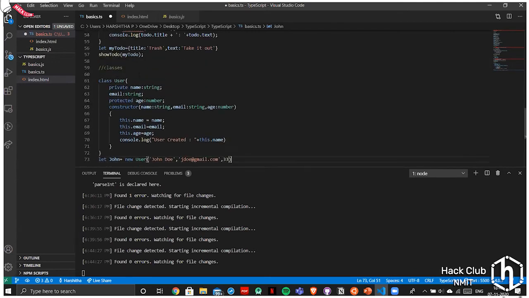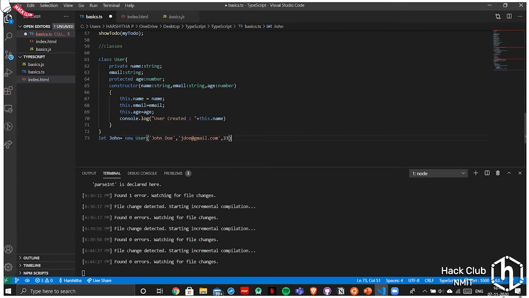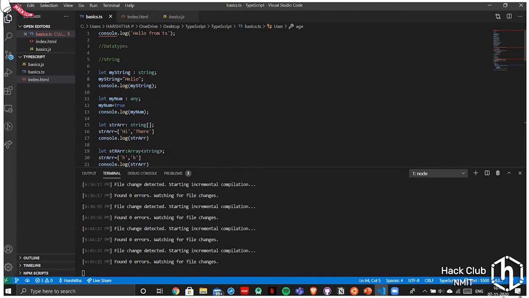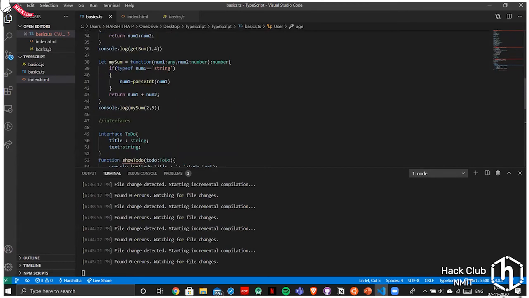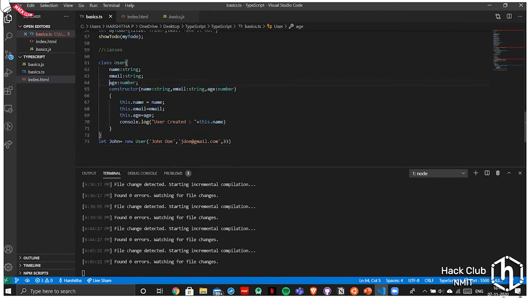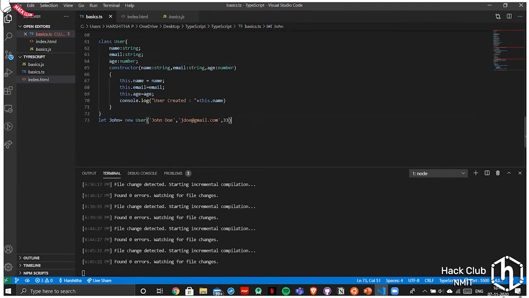So that's it. So these were your basics, and what all we learned were data types, and then we learned about functions, interfaces, and classes. So these are kind of important for TypeScript.